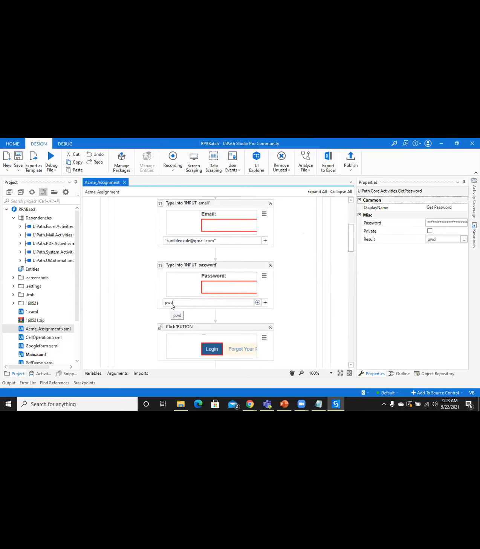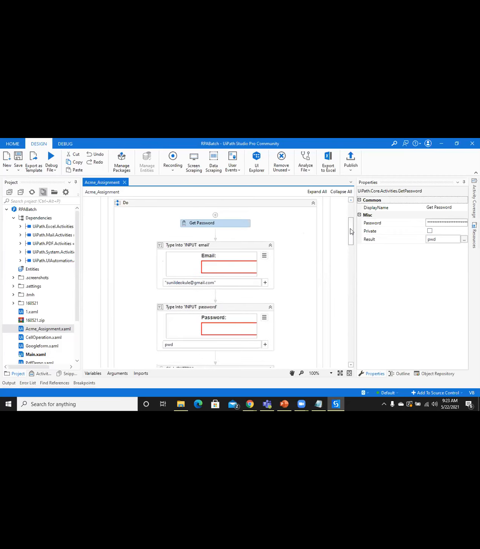For the username you can also use the same type of variable, but since the username is not that private, for the time being I'm just using the username directly.